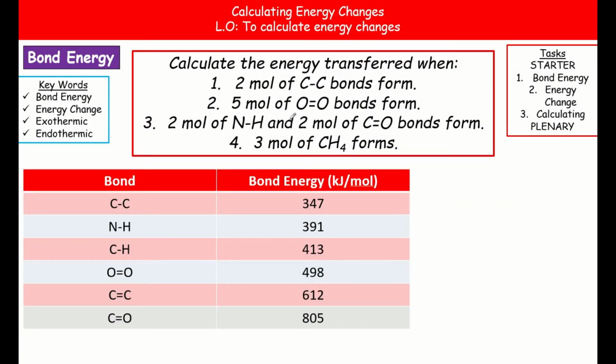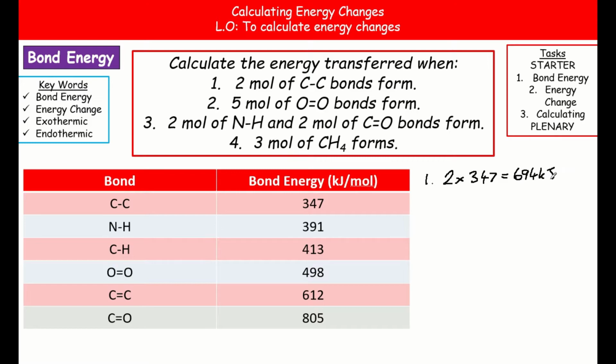Okay, so let's have a look to see how we solve these then. For question 1, we've got 2 moles of carbon single bond carbon bonds. So the first thing we need to do is find the carbon single bond carbon in the table, and read off the energy there. And we see it's 347. Because we've got 2 moles of it, we need to do 2 times 347, which gives us